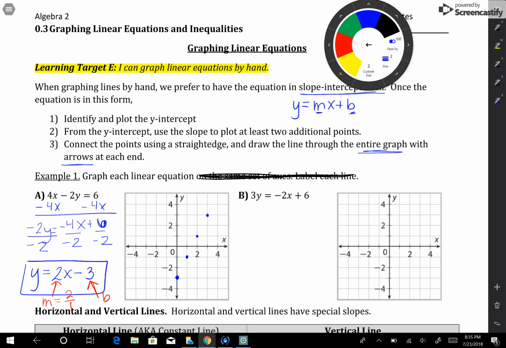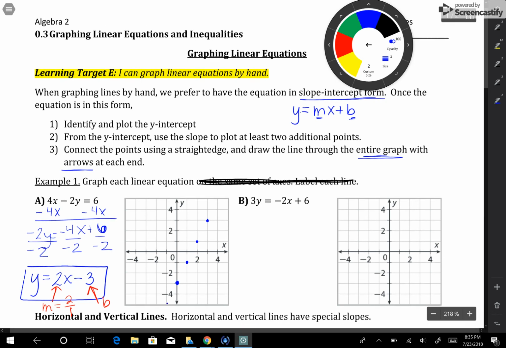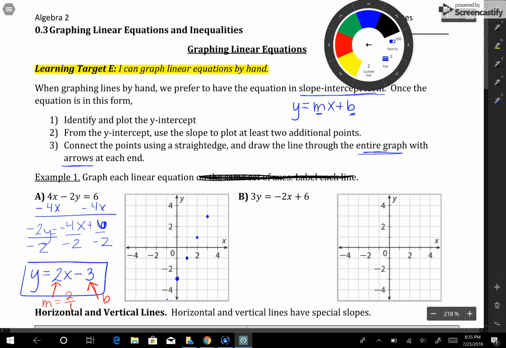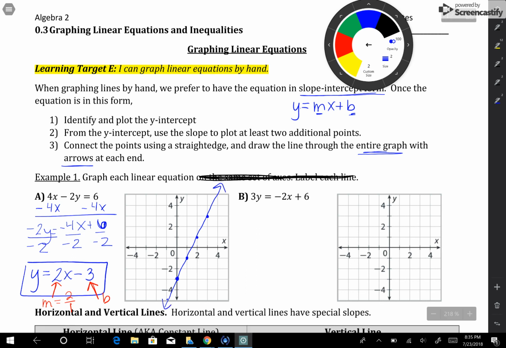Then we connect our dots as straight as possible. Straight edges are highly recommended. And put arrows at the end. And that is our line, y equals 2x minus 3. Letter B